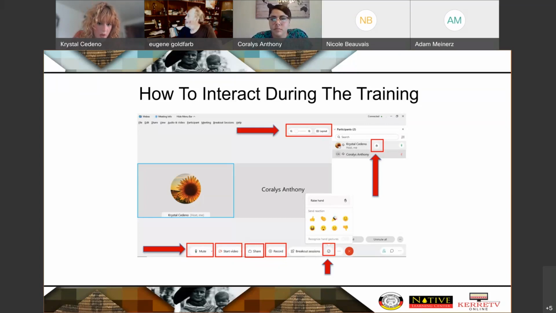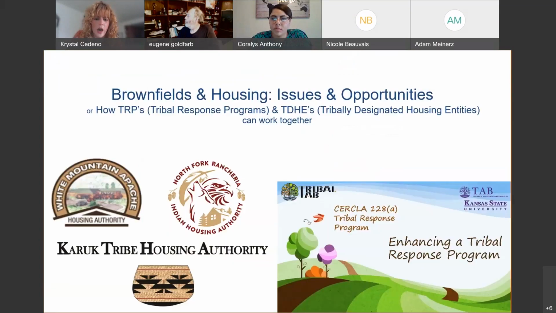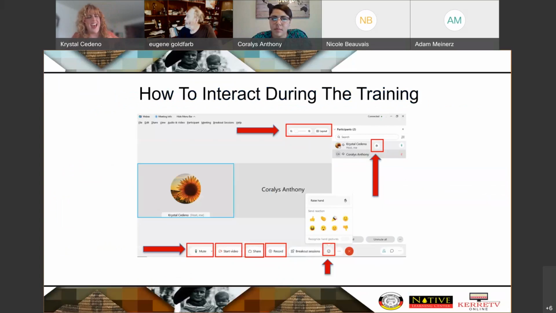And then from there, up top is where you can zoom in and change the layout of your screen. And just really quick, oh wait, go back one more, sorry. And then you also have video options, sharing options. Record is more on our end, but you are able to share something if you have anything to share. We really do encourage turning on your video capabilities if you have them, as well as your microphone. So please, please, please participate. These trainings are really nothing without participants and participation.